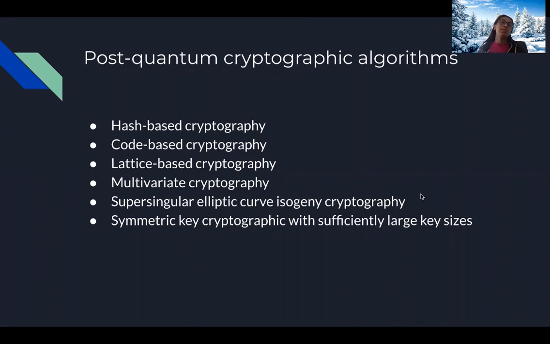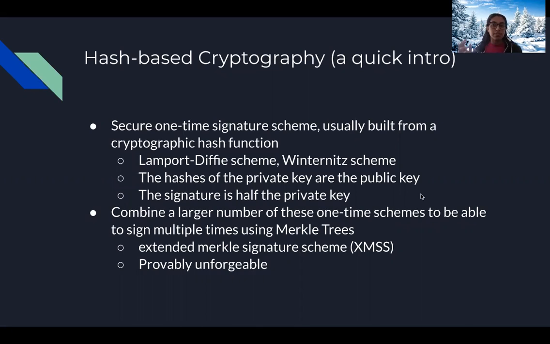So post-quantum cryptography: there are a number of different cryptographic algorithms that don't degrade in how complex they are to solve when quantum computing is introduced. Obviously quantum computers are faster, but they don't degrade in complexity from, say, exponential to polynomial time, as in the case of ECC. The one we're going to focus on today, though they're all quite different, is hash-based cryptography. Hash-based cryptography takes advantage of the fact that when you have an input and you create a hash of that, that is a very easy process, but to go back from the hash to the input is very difficult. You basically have to take a brute force approach, which is not made significantly easier using quantum computing.